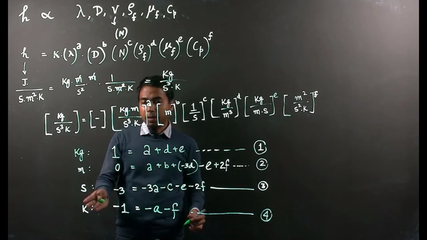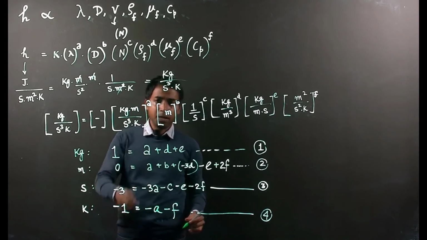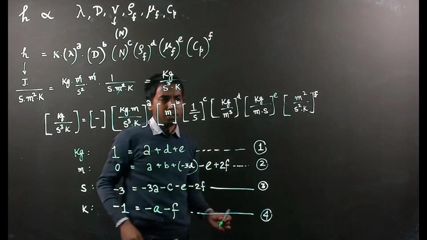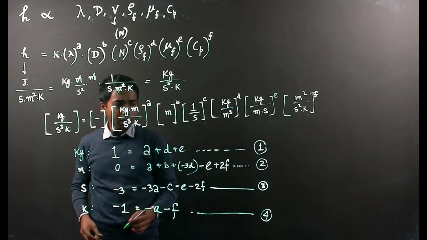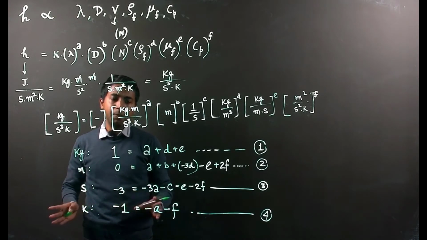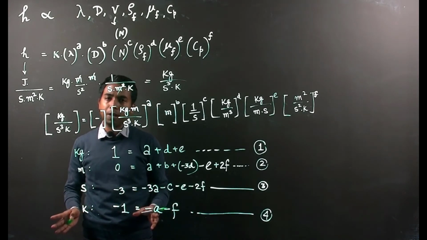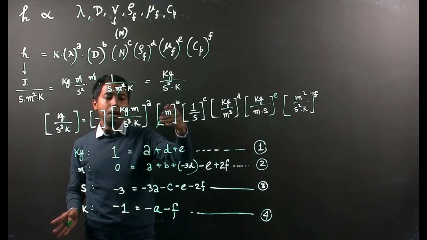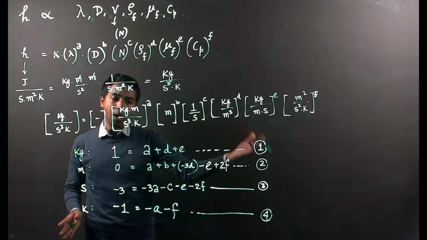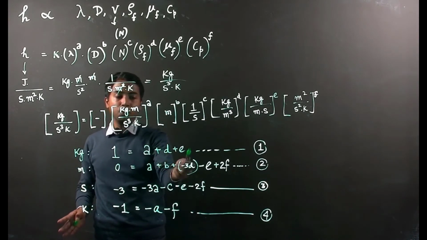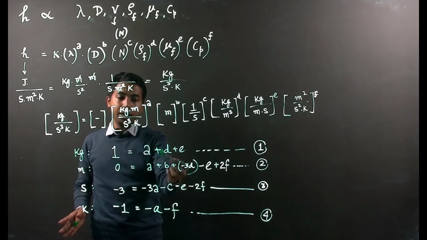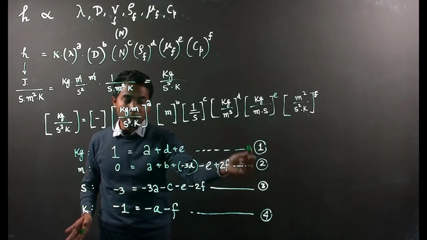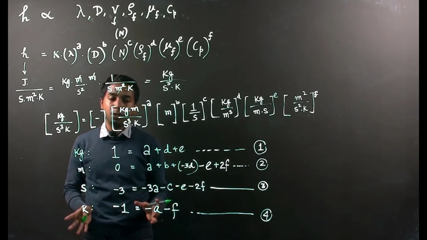As you can see, we have 4 equations, but we already defined 6 unknowns here, small a all the way to small f. So we will never be able to solve this set of equations completely. But what we can do is express these unknown parameters in terms of other unknown parameters. Let's say we can choose 2 of them, and we express the remaining 4 in terms of those 2 parameters. That is possible from these 4 equations, and then we have a functional relationship.